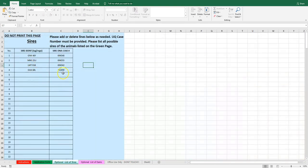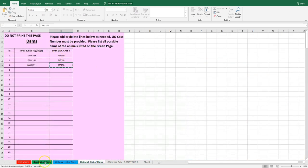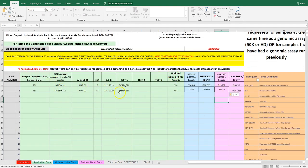So Q2 happened to be a combination of, let's pick this guy, GGG68L, and he was with WGS L221. So we'll just pick up her case number. So this, again, look, we're 90% sure, we're 100% sure that this is the combination that this calf will come back. But in the implant, we had this combination up here, 5X61Y as well. But they're not listed on our optional sires and dams at this stage, and they need to be. So I would, again, copy from here,